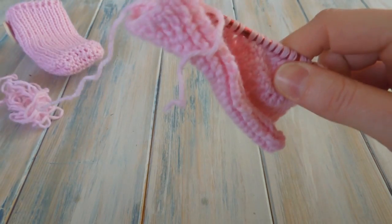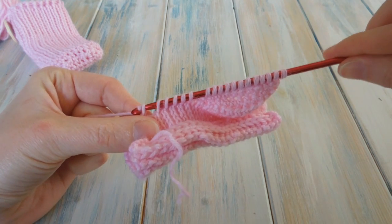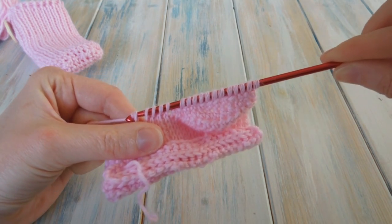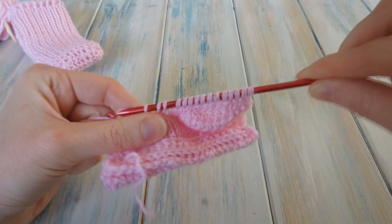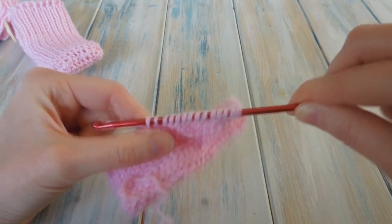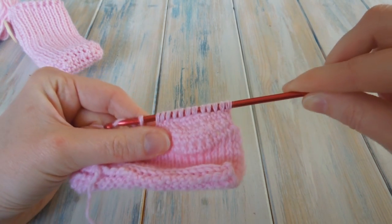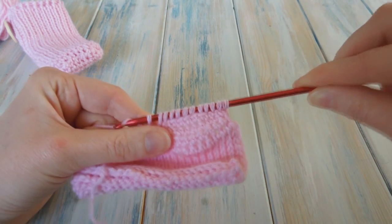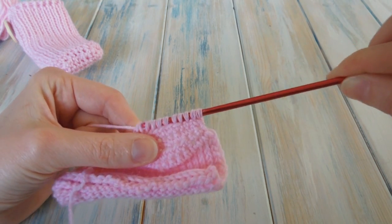So get some more yarn, running out of yarn. If it ends up being a different colour, it means I've run out of yarn. Pull through 2, pull through 2, pull through 2, pull through 2, pull through 2, and then trying to keep it tight where we're joining the heel. Pull through 2, pull through 2, pull through 2,